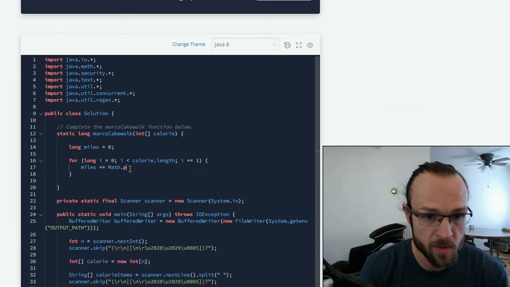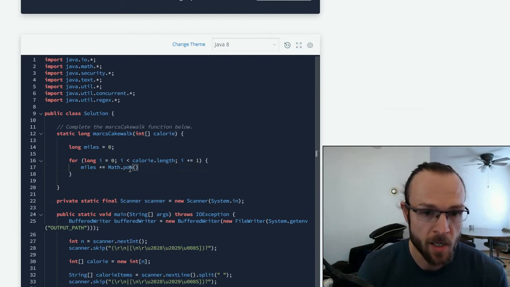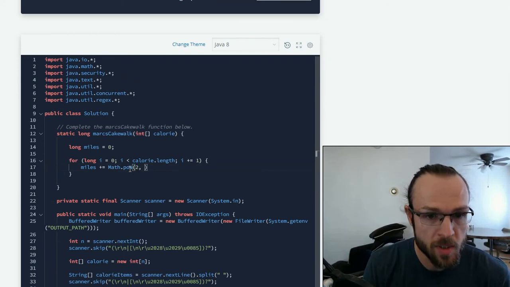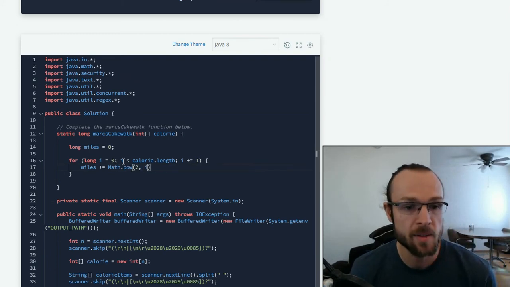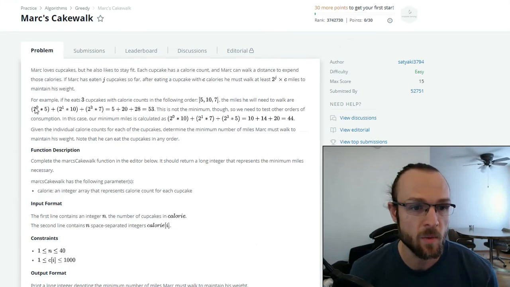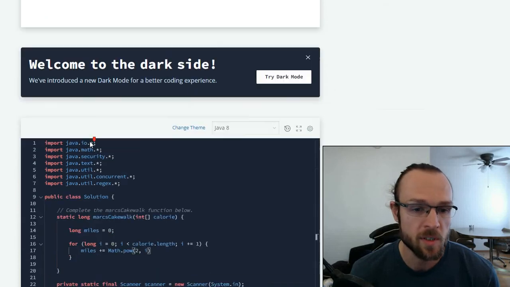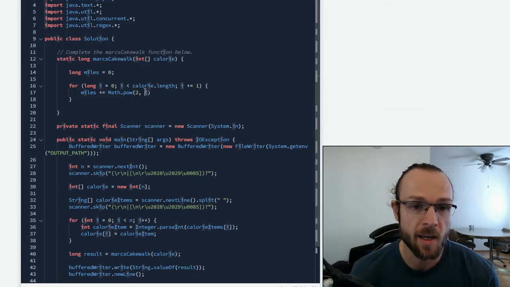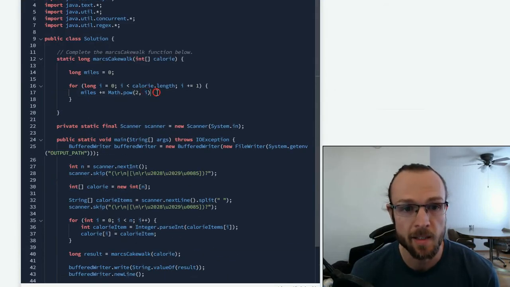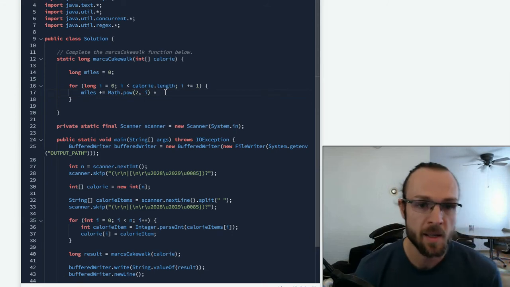So we use the math power function and we will raise 2 to the power of I. And that's where it comes in handy that our equation up here has said we could start out at 0 and then increment to 1 and 2. We can just use I down here. It's kind of handy. Then we multiply by,